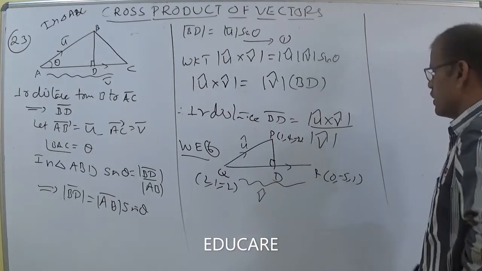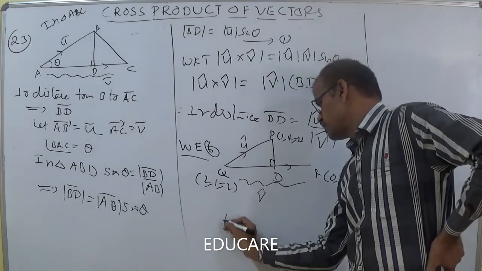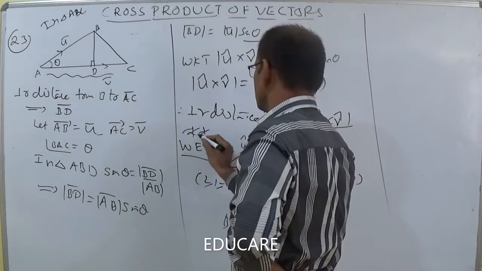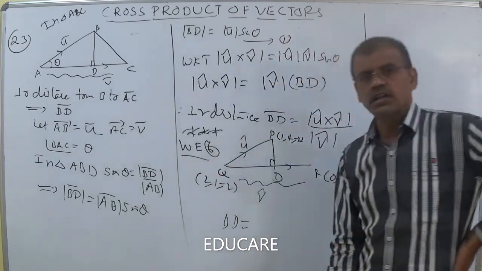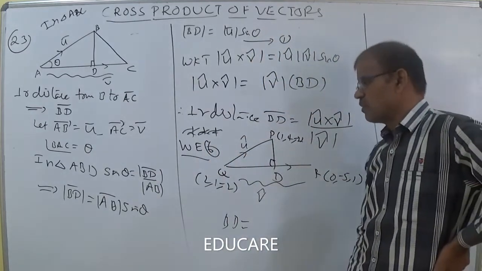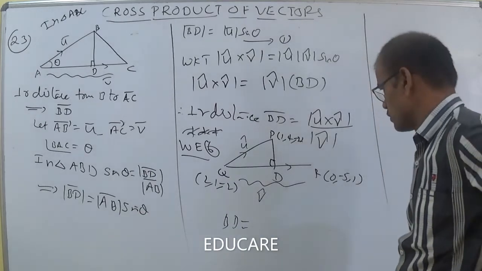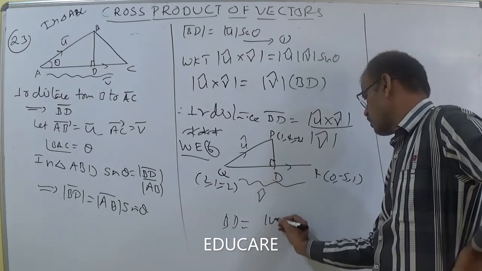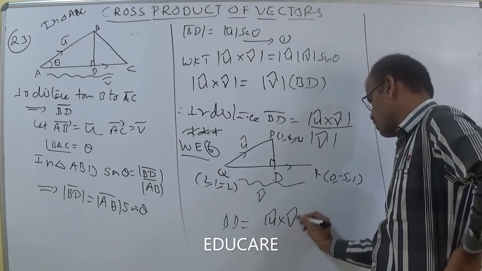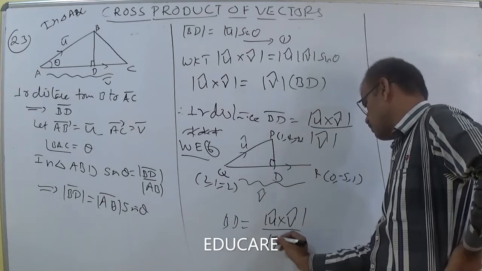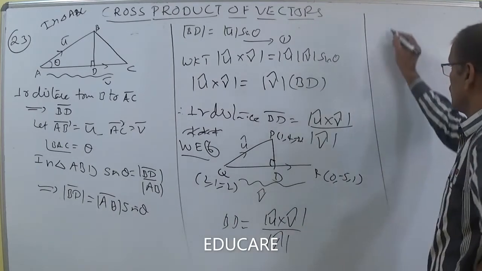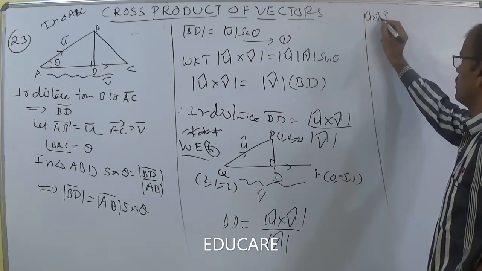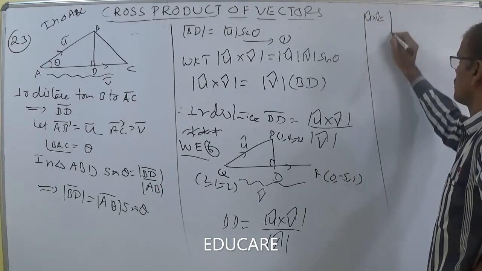Now the perpendicular distance formula BD, we should calculate. This is an important sum in Mains 2016 online and in MSET plenty of times. Maybe the answer is 3 root 26 by 7, a most important question. BD is equal to, using the formula once again, mod u cross v by mod v.